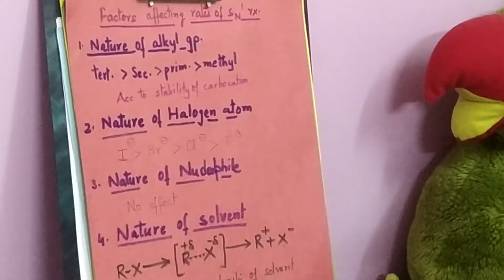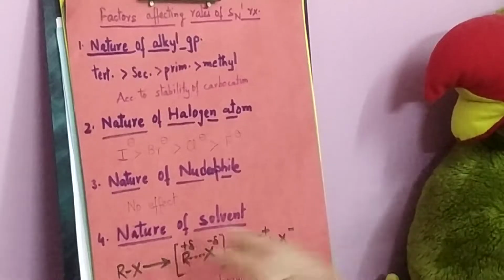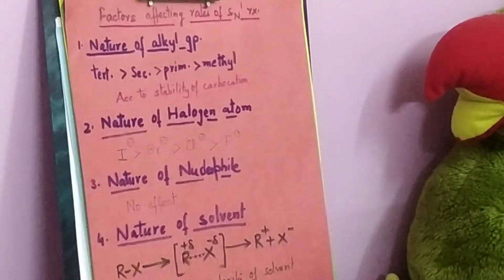Alkyl iodides will be the easiest to react, the fastest to react, as iodide ion is the best leaving group and fluoride ion is the worst leaving group, and therefore the reaction with alkyl iodides is most comfortable. I am talking of SN1 reactions, and it will be the least favorable with fluorides. And I should remind you again that this was the case with SN2 reactions as well.